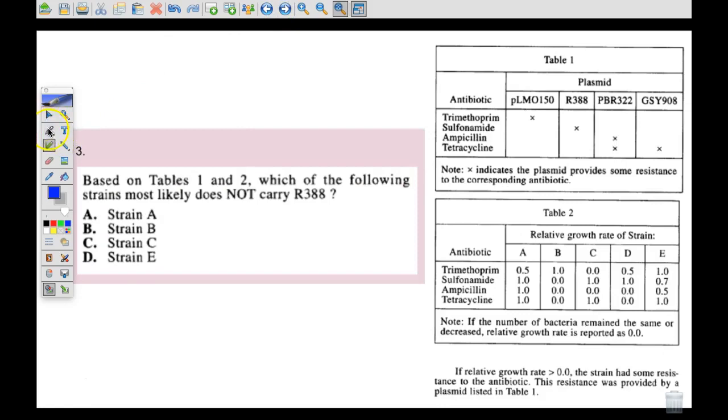In question number 3, we're comparing 2 data tables. We're comparing table 1 and table 2. And the question is asking which of the following strains most likely does not carry R388, which is a defined plasmid in table 1. So we're looking at this one. So we're looking at R388, and I see that there's an X here. But I also see that there's a note saying the X indicates that the plasmid provides some resistance to the corresponding antibiotic. So what this means is that R388 grows in the presence